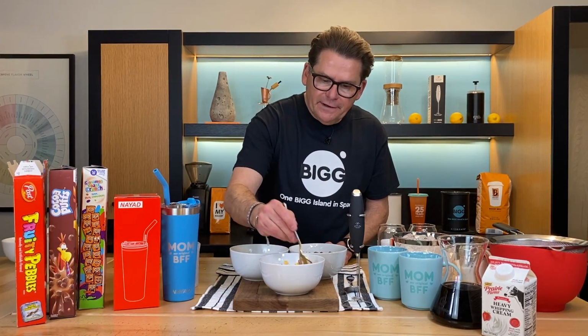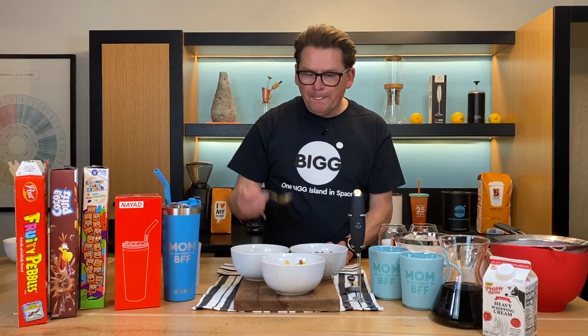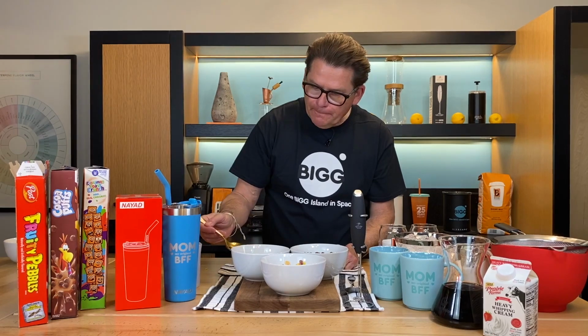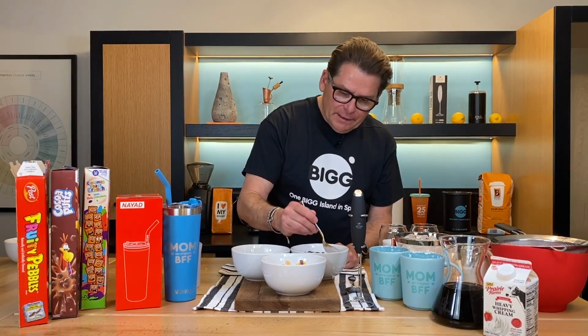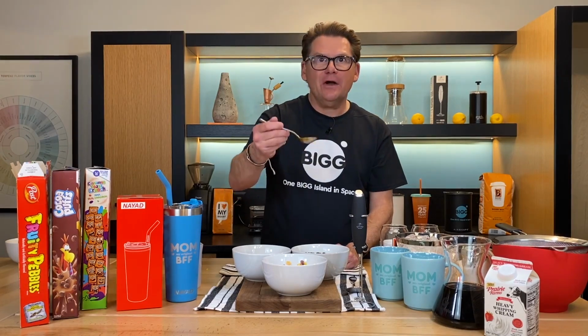And just to verify that, yes, these taste like cereal milk. Fruity Pebbles absolutely taste like cereal milk. Cinnamon Toast Crunch. Cinnamon's really good. And I might be cuckoo, but I think this is going to taste like cocoa. Tastes a little bit like chocolate milk. So the point of this is any cereal that you like would work, or maybe a cereal you know your